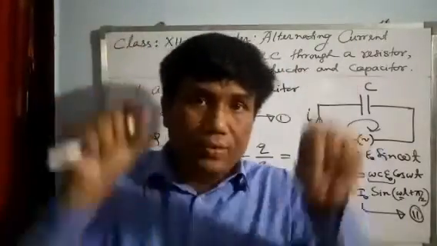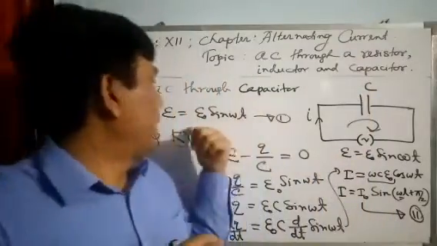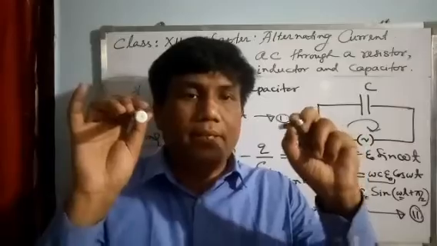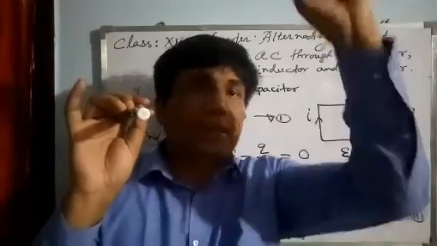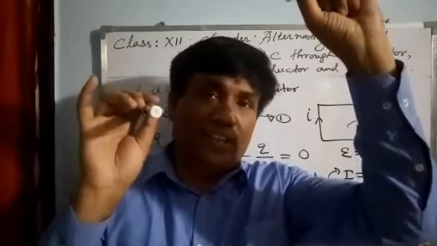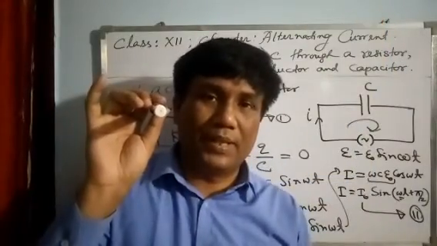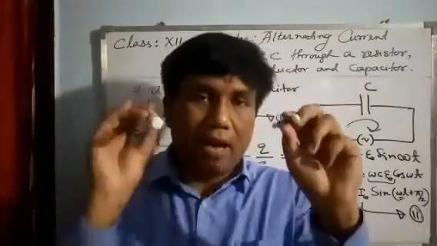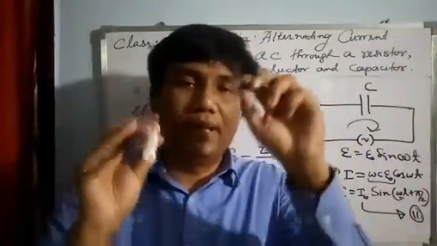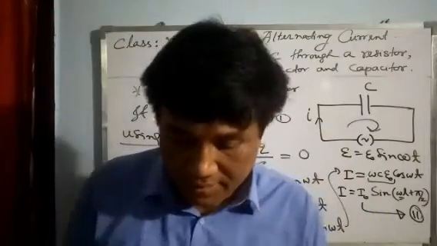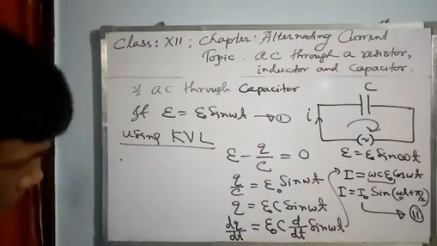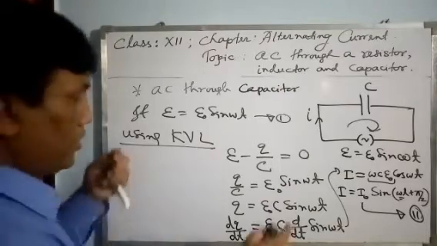Okay, that is the amplitude difference. When E is 0, current I is maximum. But in the case of the inductor circuit, that was negative maximum. That is the difference. And now, are these two quantities in the same phase? No, they are oscillating with some different phase. When one is at the mean, the other is at the positive maximum, like that.